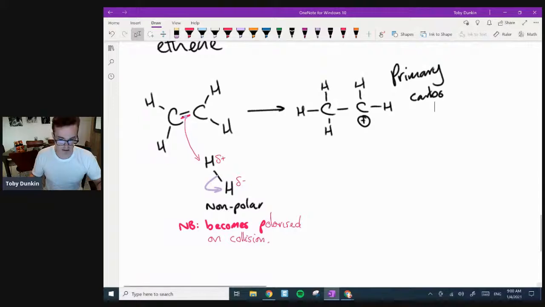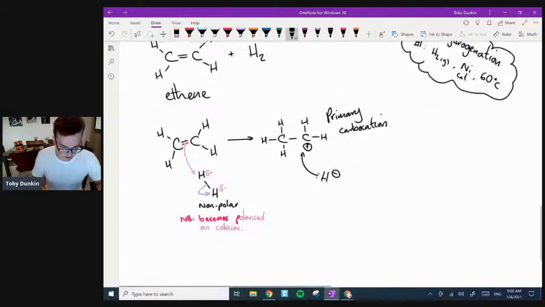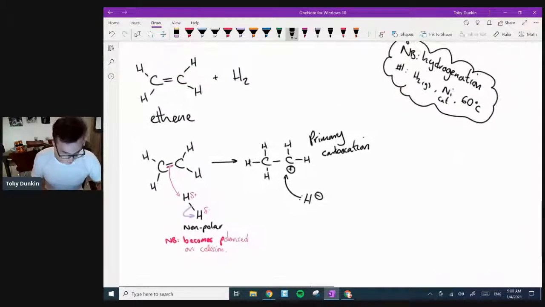So I formed a primary carbocation. Right, and then of course the hydrogen is now going to become fully negative. Apologies, habit. All your charges must be circled for A2. And that's now going to hop onto that positive carbon. And there's the end of your mechanism.